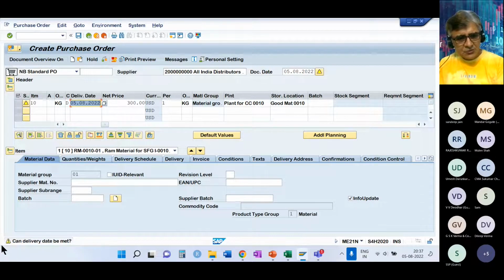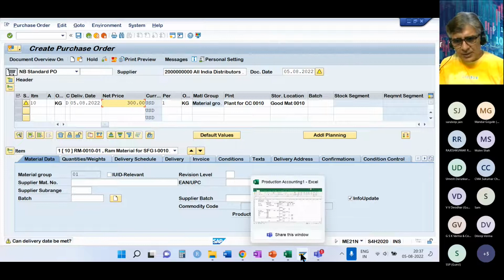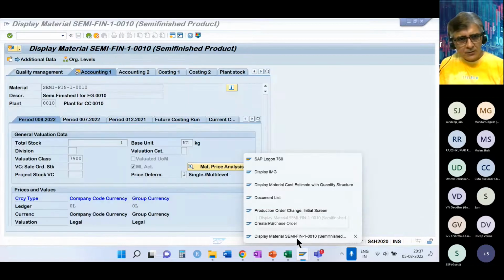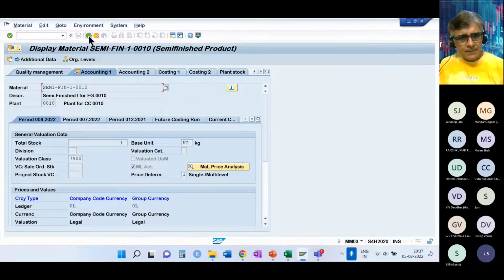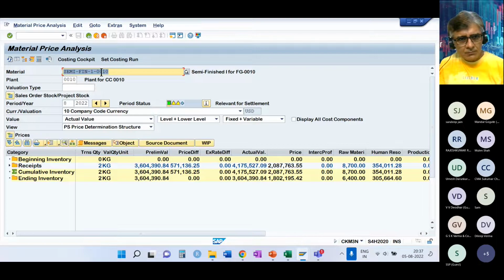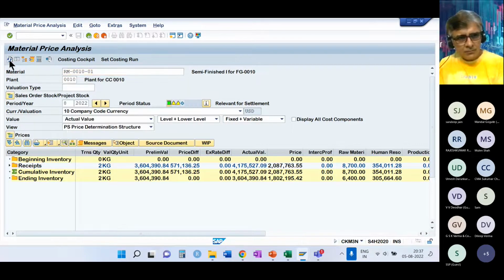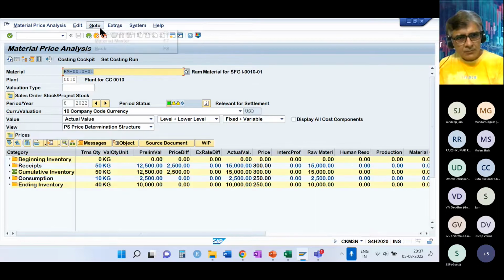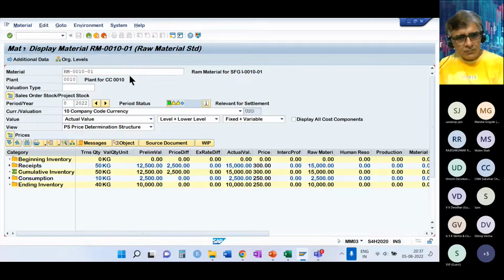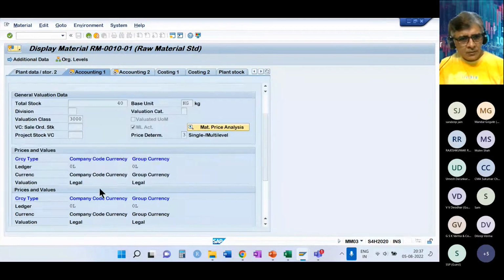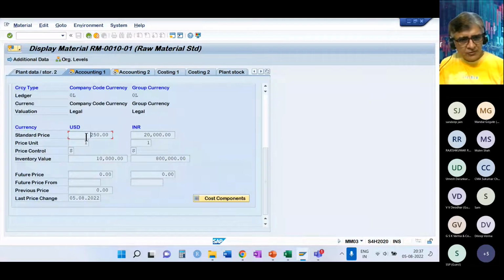So it is asking some questions here. The first question was regarding this price. If you go to the material price master, the standard price is 250 rupees.